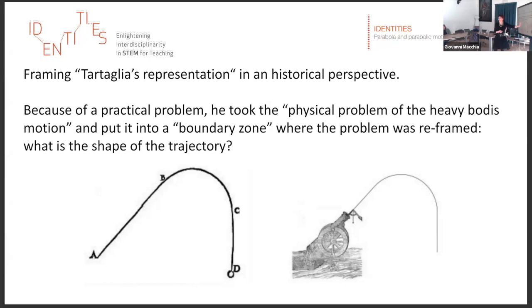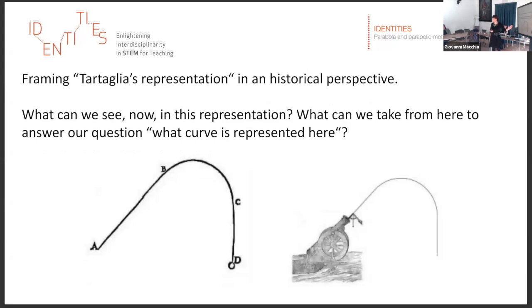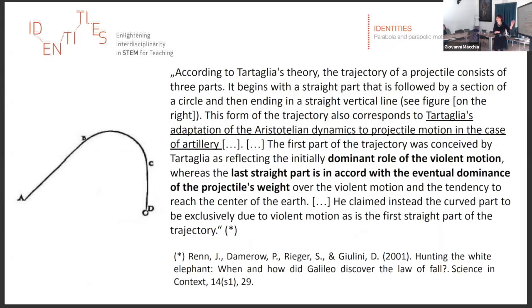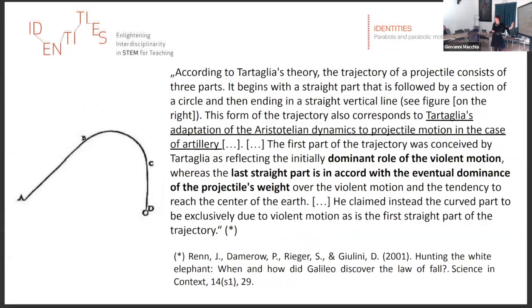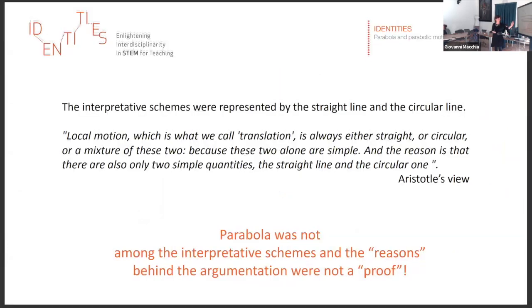So here there is a mix of metaphysical, philosophical, Aristotelian, I would say, knowledge and the interpretation of the emotions in terms of natural and violent, and a way to recognize the mathematical aspect of this. So here, in this moment, the parabola was not conceived as a possible way to represent emotion. It was not part of the